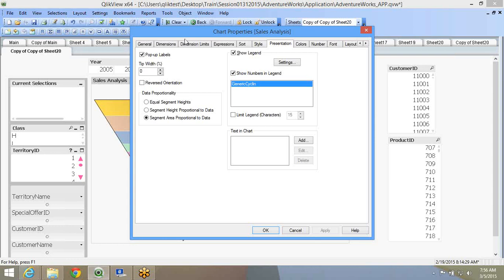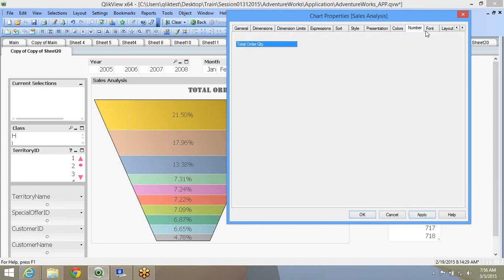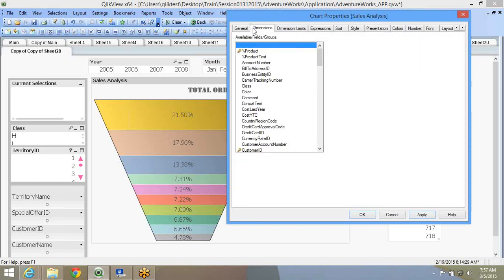Again, these three have no real great significance, but if you want more presentation options, these three things are available. Then colors, number, font, all these things are the same.